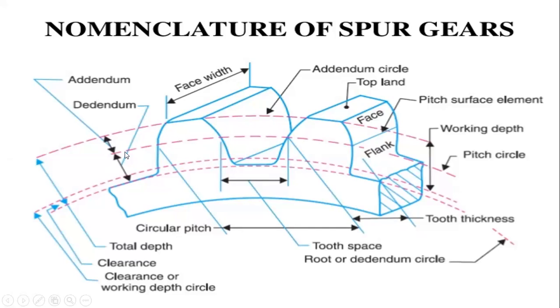So it has two basic parts. The first one is the addendum, which is the topmost part from the half of the tooth, and the second one is the dedendum. Next one is the face width. The total length of the tooth can be taken as face width, and the curvature of the tooth is called the addendum circle. You can see the circle position from the topmost part of the addendum point. That is taken as the addendum circle.